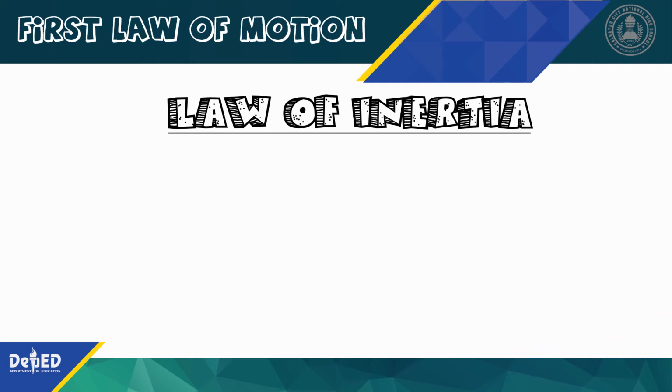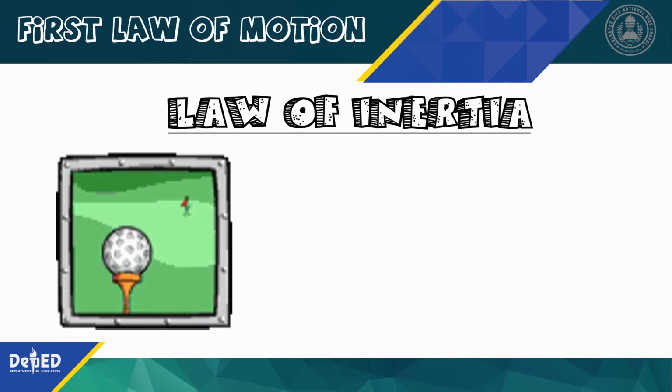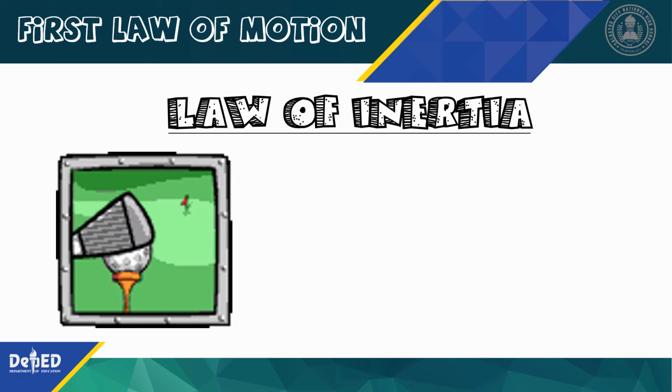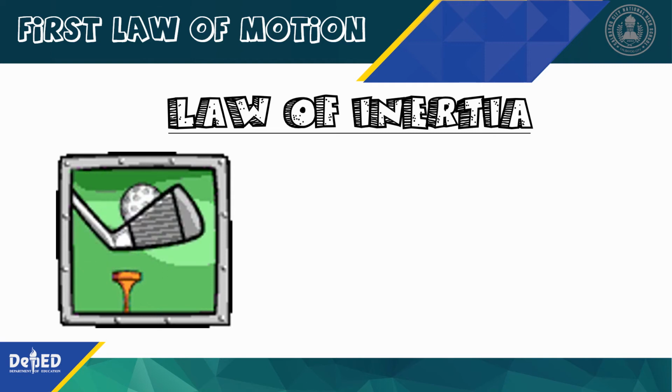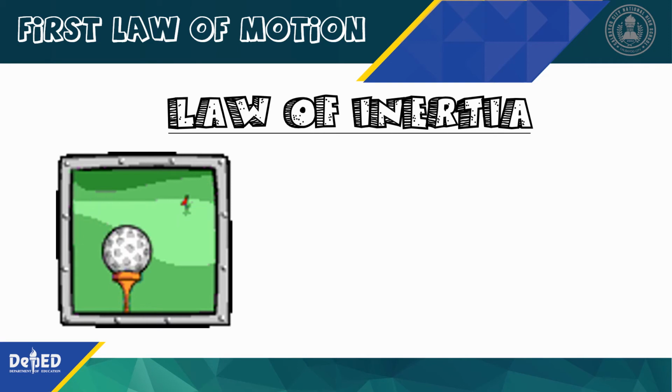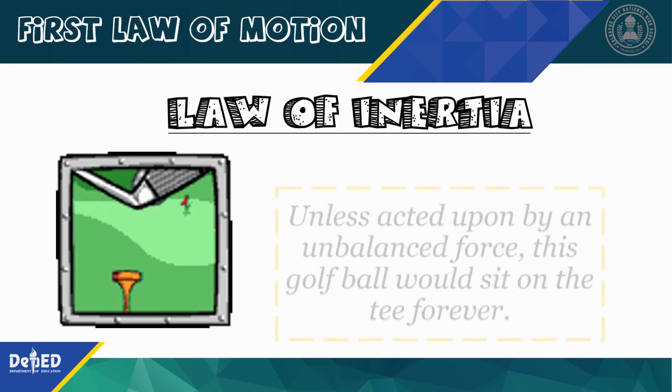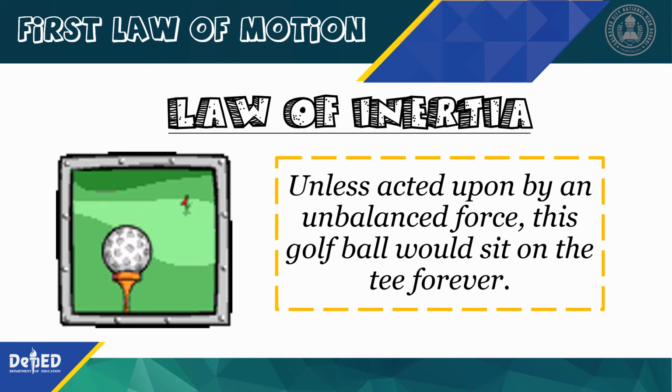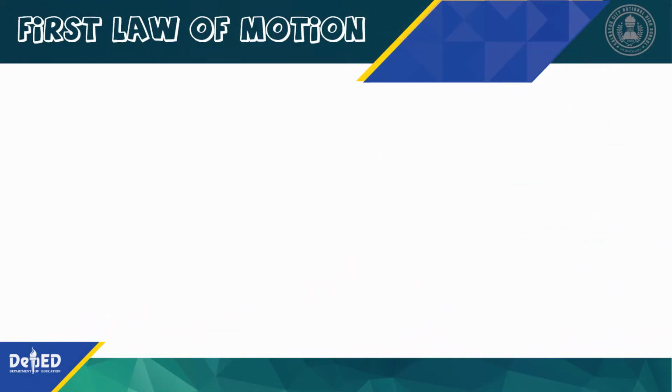Let's have another example. This golf ball will stay forever in that position unless certain forces act on it. This explains why some objects remain at rest in the absence of outside forces. Alright, I hope that you already have an idea what this law talks about, and to further understand this law,